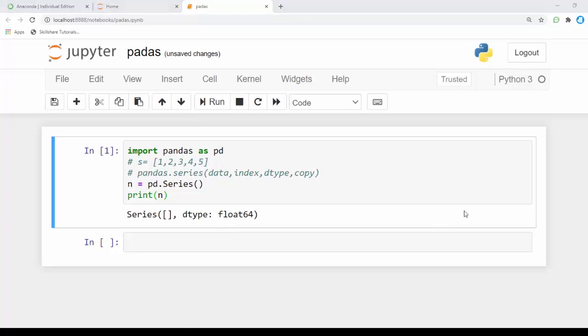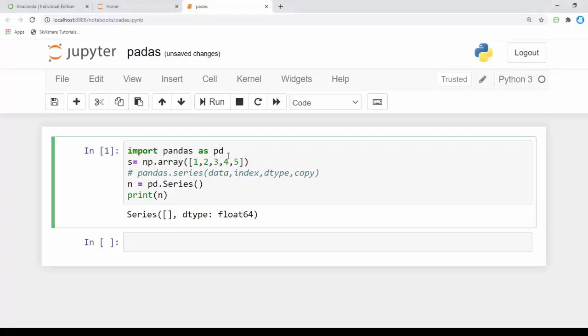Now I'm going to create an array and pass it to my series. For that I'm going to use np.array, to convert this into an array form.